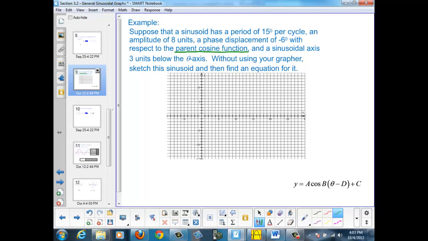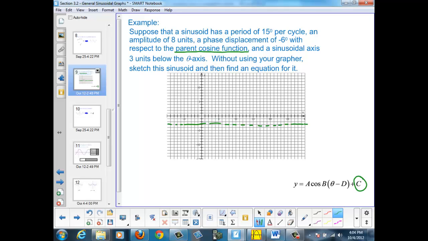To find the other 4 variables, we have to remember what each one of them represents and where to start. For me, I like to start with the sinusoidal axis because everything happens around the middle. So our sinusoidal axis is 3 units below the theta axis. So I'm going to draw a dashed line 3 units below the theta axis here. That dashed line represents the C value in our equation,